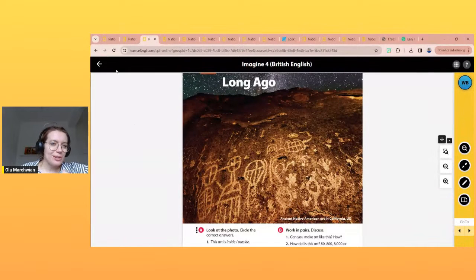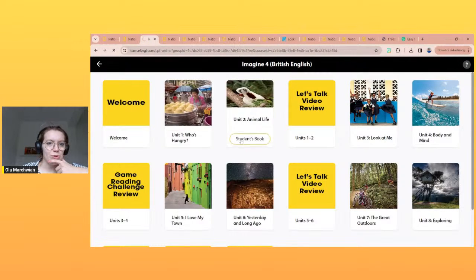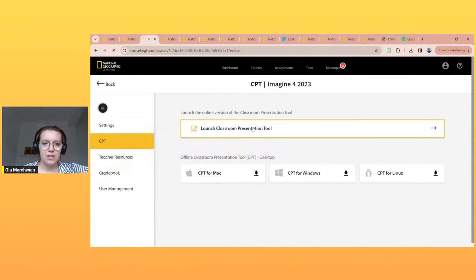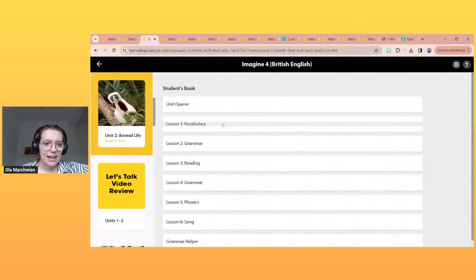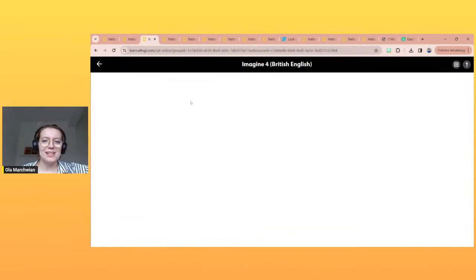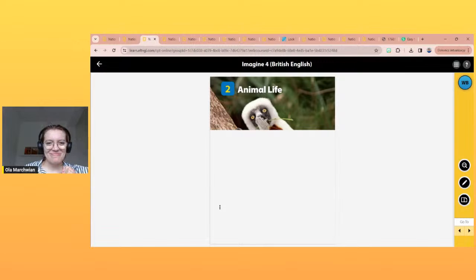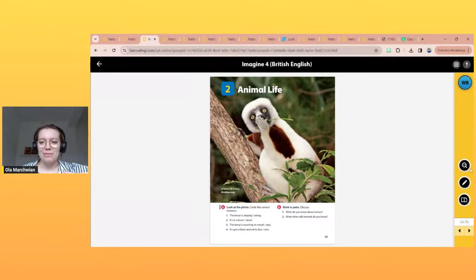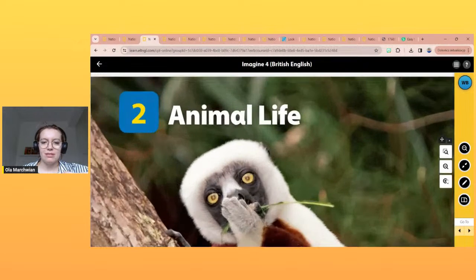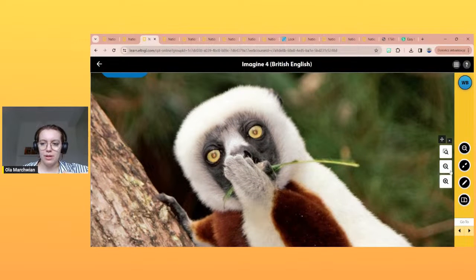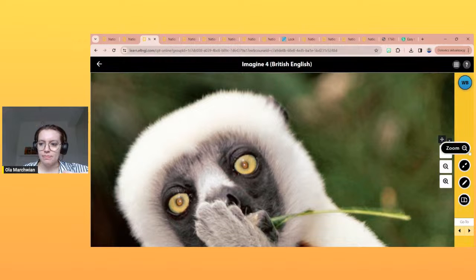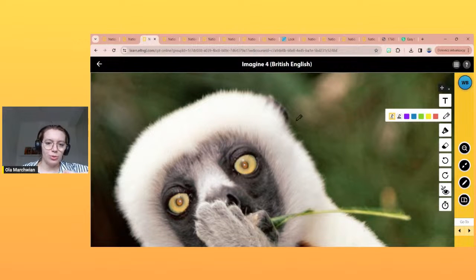A nice idea might also be to use a drawing tool. Yeah, let me show you. This is a nice picture of a monkey. So what I'm going to do is to zoom it, for example, like this, even more maybe, or maybe like that. And now I can use coloring tool to, for example,